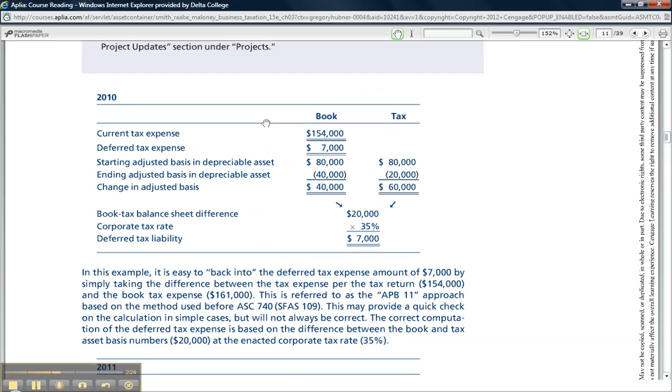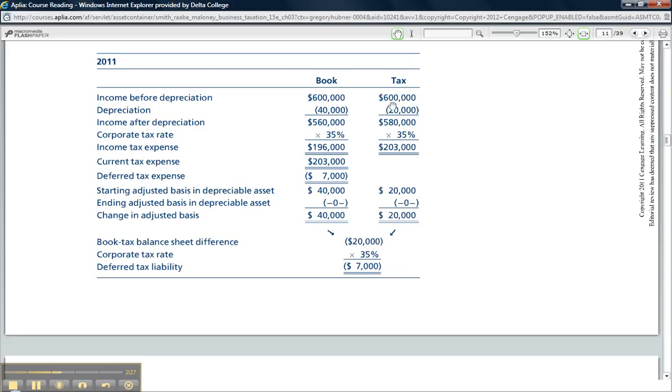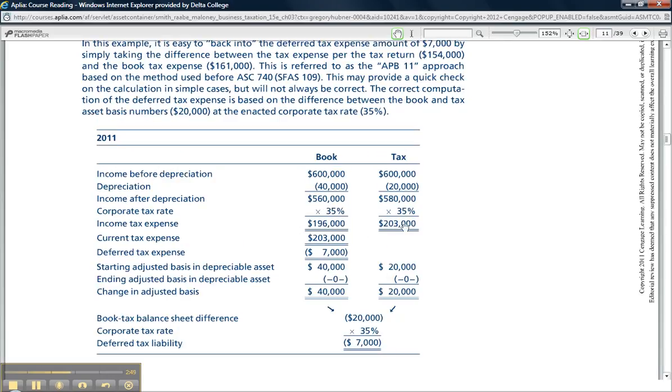In the next year, in a continuing example, we can see how the situation would reverse. You would have less tax depreciation than you're allowed to expense for book purposes. Therefore, you'd end up with more income tax liability in 2011 than you have as a total income tax expense. So here you see your current income tax expense, which matches your tax return, but then you recognize that you have a deferred tax benefit